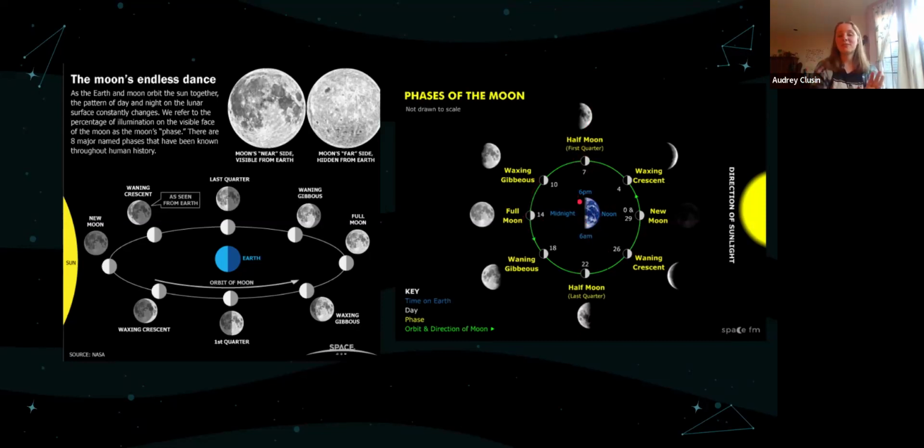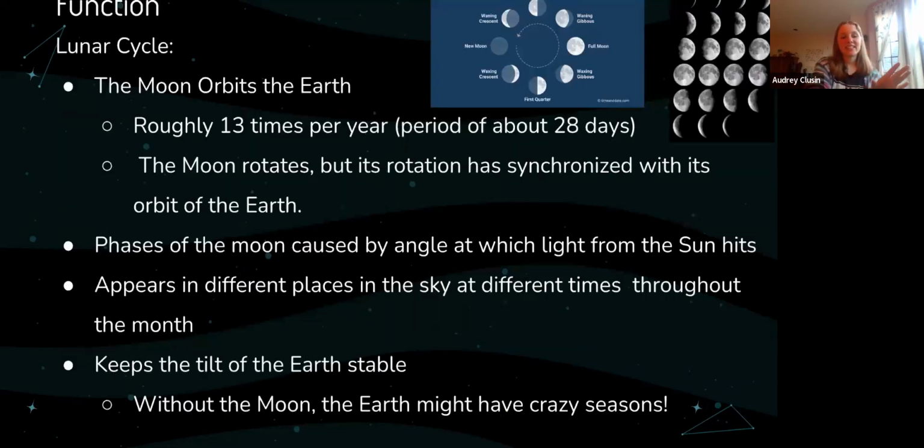Sorry, I don't know if I explained that very well. It's totally fine if you don't get what I'm saying. But just remember that the moon is in different places throughout the sky throughout the month, depending on its phase.